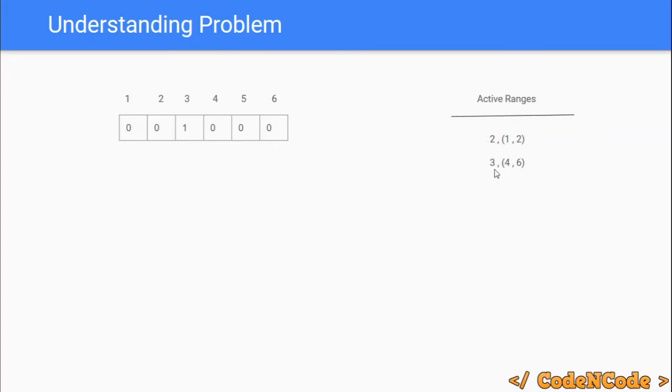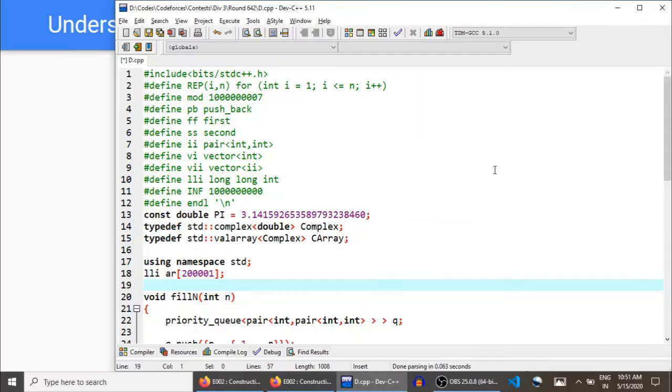Out of these, the maximum length subarray is this. So we have to find the tuple which has maximum length, right? Of course in the next iteration this will be popped out, and for that we can use a priority queue, because a priority queue can be used as min heap and max heap, and since this time we want the subarray with maximum length, we can use a max heap. So if I show you the code,